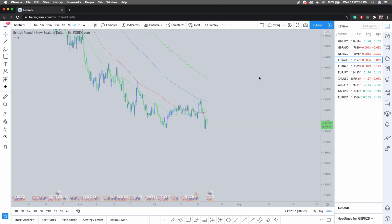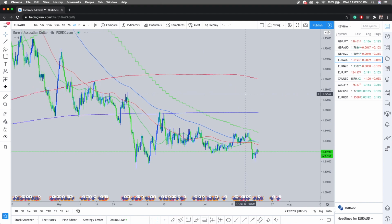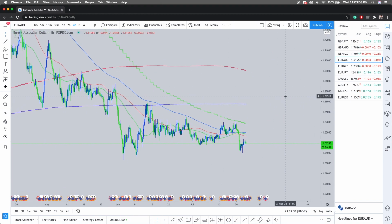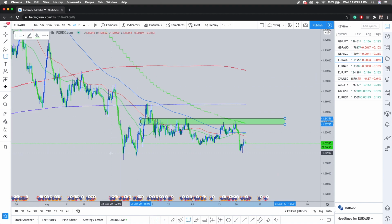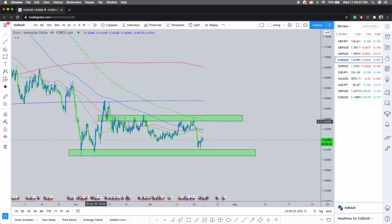EA is a little bit more interesting. Okay, so EA here. Definitely still been in a downtrend. Why? Same exact reason: the Australian dollar has been so strong due to this greed in the market. So that kind of explains it. The reason lately it has been consolidating is very simple. Very simple why it's been in this range. And that's for the sole fact that